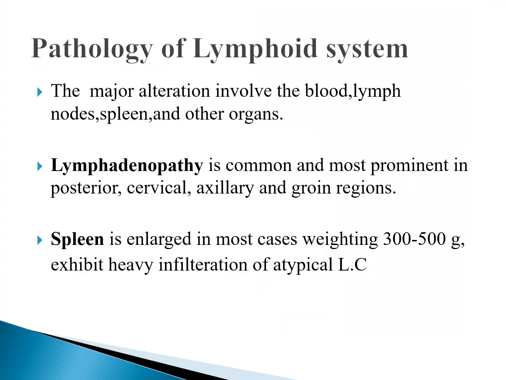Now, the pathology of the lymphoid tissue. The major alterations involve the blood, lymph node, spleen, and the other organs. The lymphadenopathy is common and the most prominent in the posterior cervical, axillary, and the groin region. The spleen is enlarged in most cases, weighing from 300 to 500 gram, exhibiting heavy infiltration of an atypical lymphatic